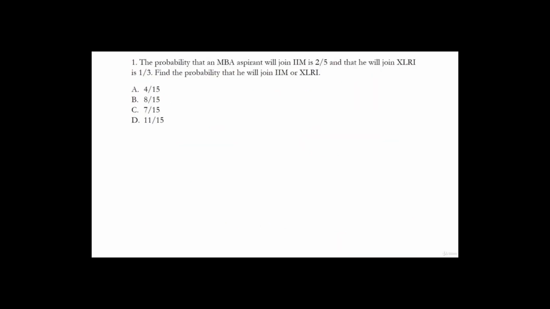The probability that an MBA aspirant will join IIM is 2 by 5 and that he will join XLRI is 1 by 3. Find the probability that he will join either IIM or XLRI. So two cases are there, either this or that will happen. So we just have to add the probabilities. 2 by 5 plus